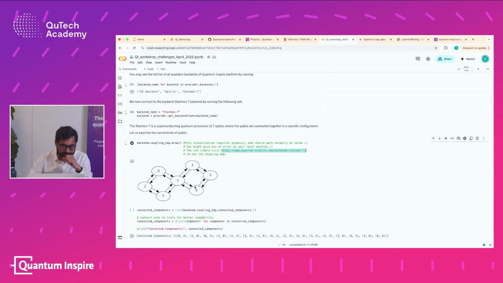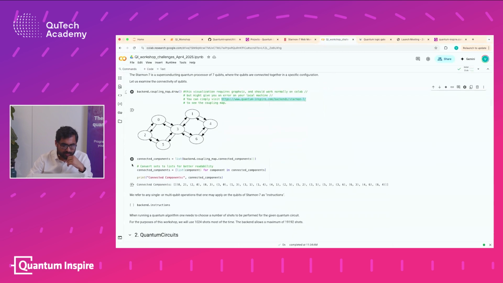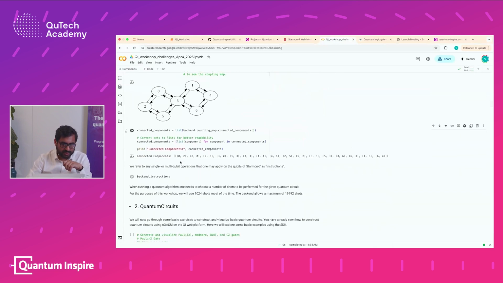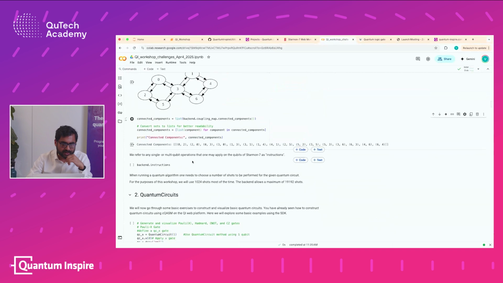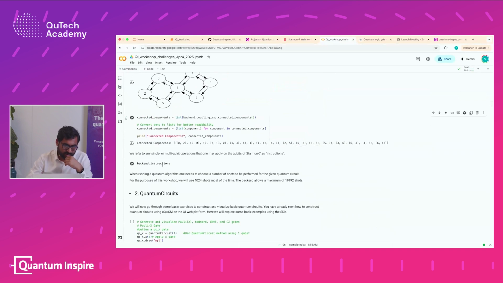Now, we can also print the two-way connectivity of the qubits in a list. So I have some Python code there. It shows that qubit 0 and qubit 2 are connected to each other. Qubit 2 and qubit 0 are also connected to each other. That might sound a bit redundant, but that's what it prints because you can have both-way